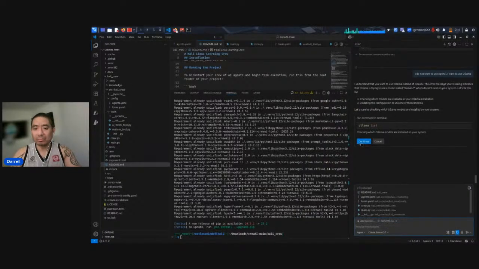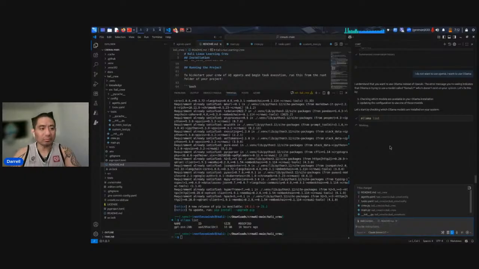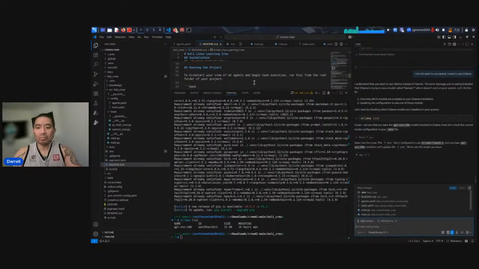So I'm going to go back to Crew AI or Kali Crew. So now it redirected itself to use Ollama, and it's going to be using the GPT OSS 20 billion model, and hopefully get this thing up and running. And one thing with Crew AI, there's no GUI, so it's going to be terminal based, but you could use tkinter to convert it into a chat interface or a GUI in that way.